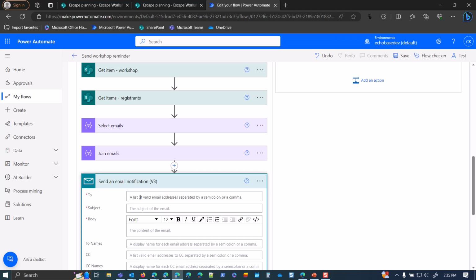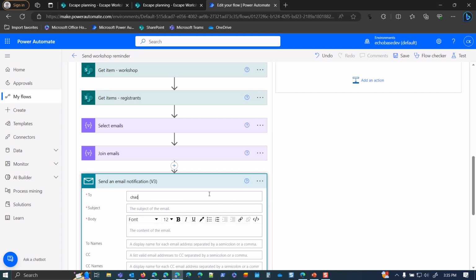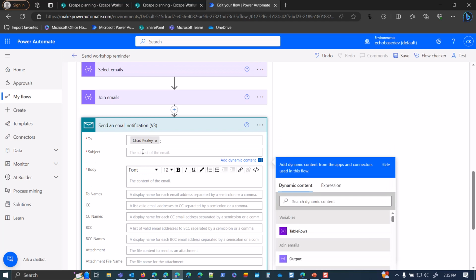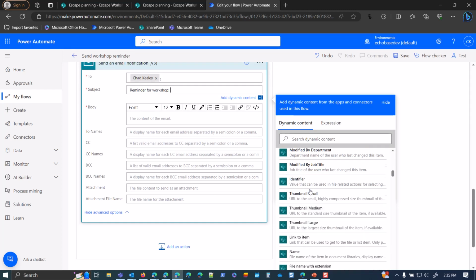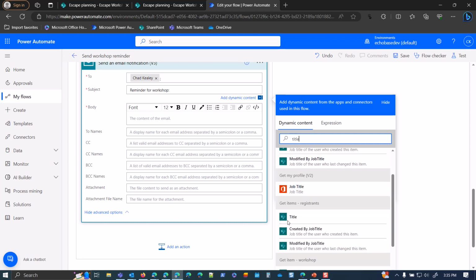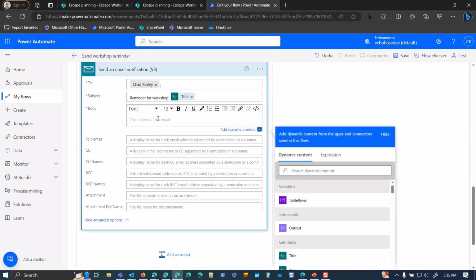Now the To is required because I don't want everyone to see one another's email addresses. What I'm going to do is put my own email address in here, which will be Chat Keeley, and in the subject I will just say reminder for workshop, and then from that get item I can put in the title here. Again, make sure that you are getting the title from the get item workshop action, and then in the body we can say,